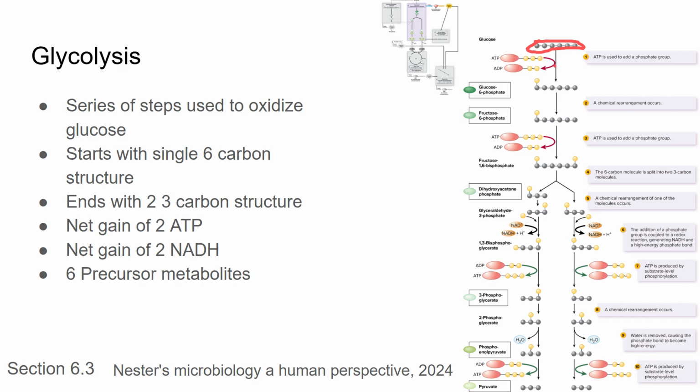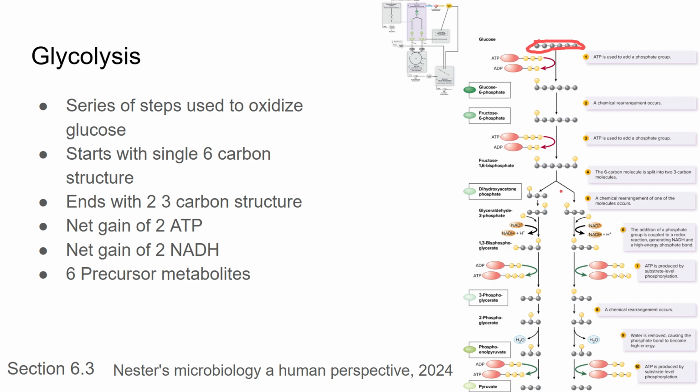And what we're going to do is we're going to process this carbon. So we're going to add a phosphate to it, make it glucose 6 phosphate, and then we're going to rearrange it, make it fructose 6 phosphate, add another phosphate, make it fructose 1,6 bisphosphate,